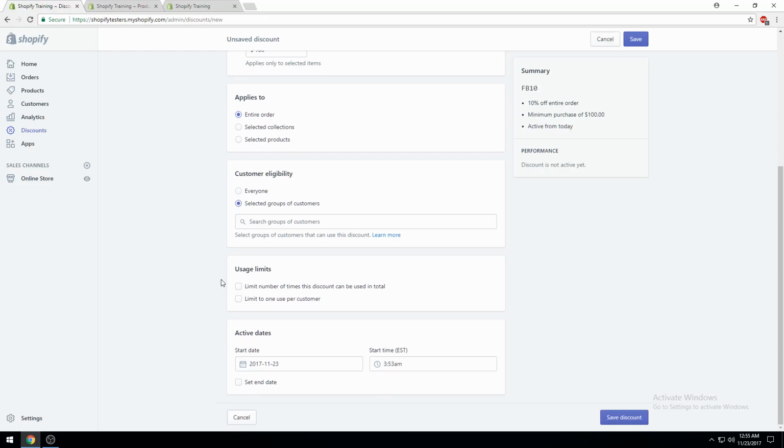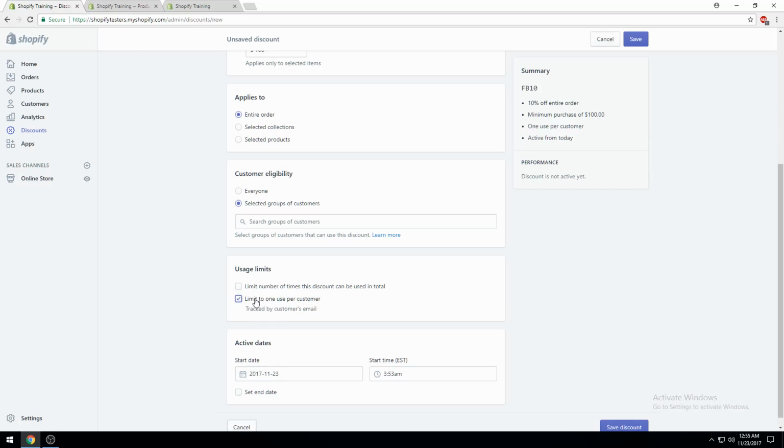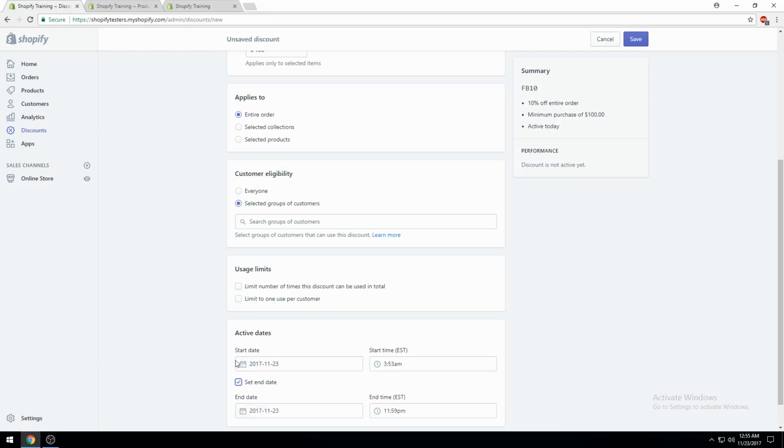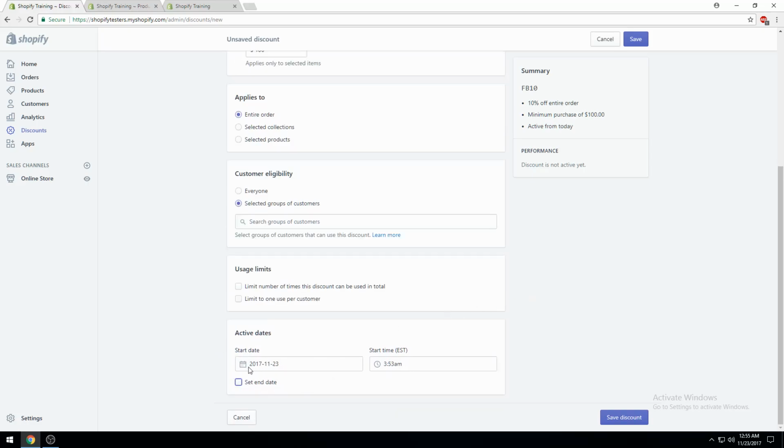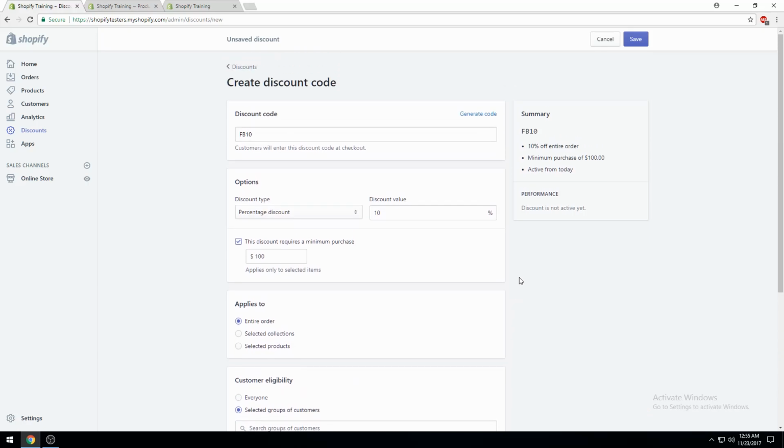With usage limits, same thing. You can limit the number of times this discount code can be used in total, or you can limit it to once per customer. A lot of people do use limit to one use per customer, but it's pretty easy to get around because you only track it by customers' emails, so not very good security, I guess you could say. And then you have the activation and end date. You don't need to do this, so if you just untick this and leave it as that, it'll activate right away. And then when you click save,